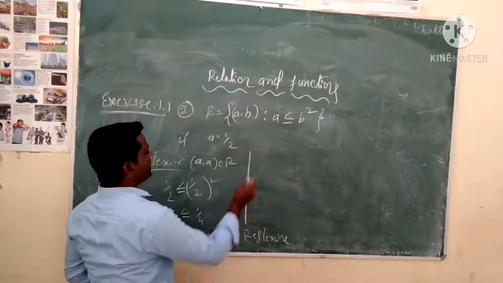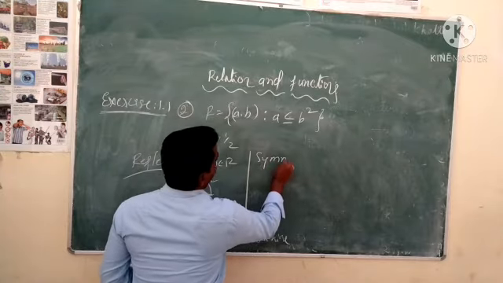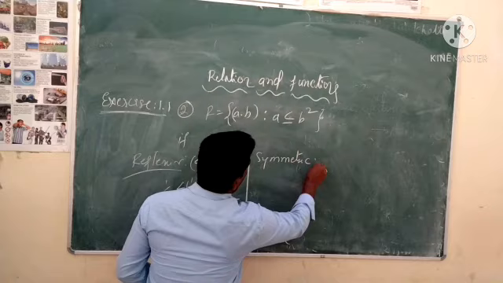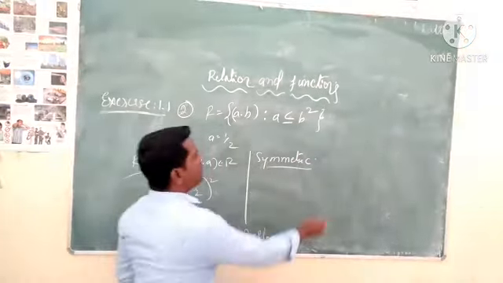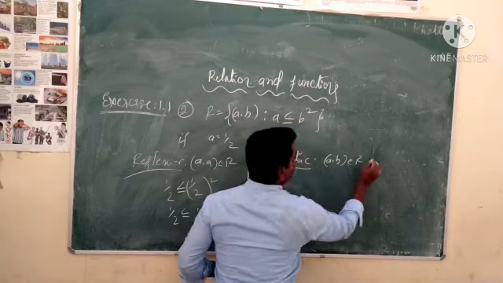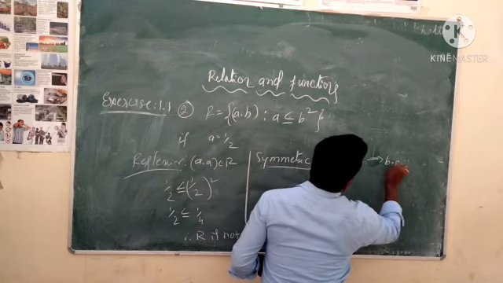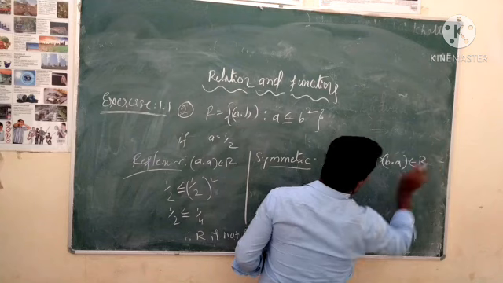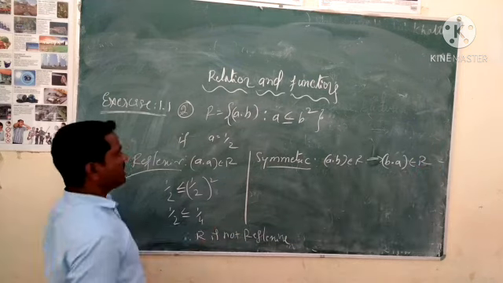Next, the second one, symmetric. (a, b) belongs to R implies (b, a) belongs to R. Okay, here (a, b) is